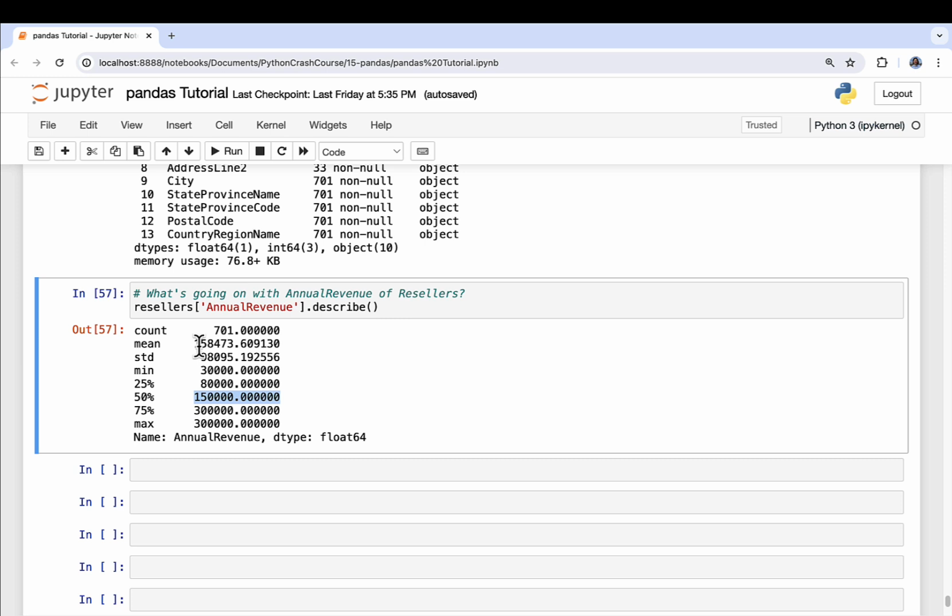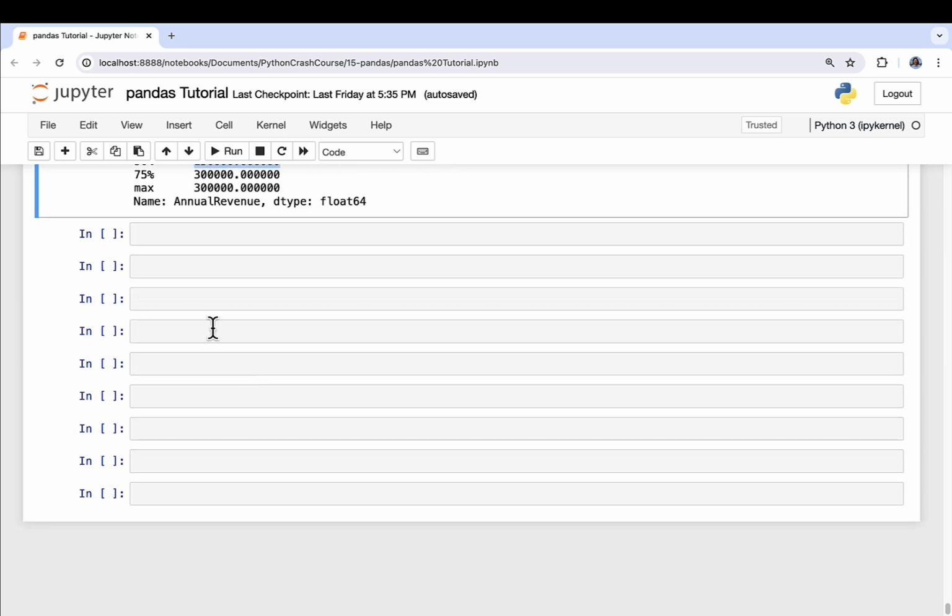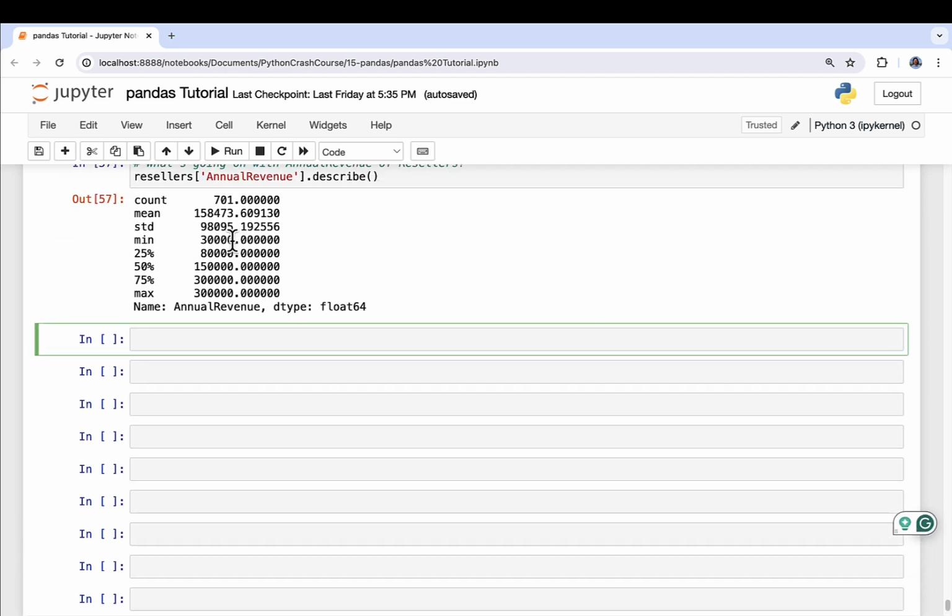So not surprisingly, one of the things we probably want to do is start characterizing our high revenue resellers, because what we might want to do is tell our business development folks or our salespeople, hey, these are the kinds of businesses we want. Go out and find more of them. So let's say we're going to look at basically anything above the median. We could use the mean, but the median's close enough, so we'll just go ahead and use the median. So what we want to do is concentrate on those resellers that are making 150K or more